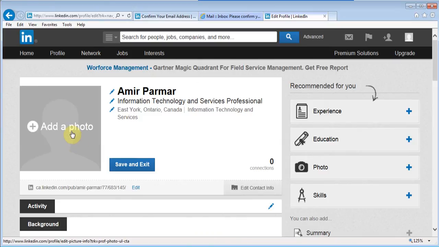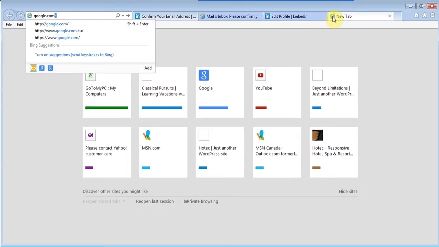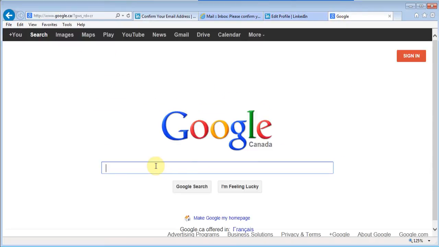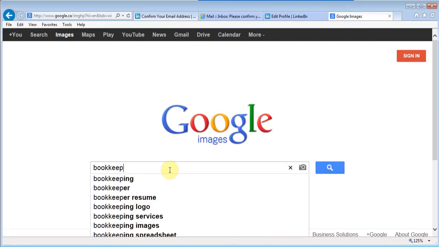Now you can add your picture. Now one of the ideas in LinkedIn is you want to have a picture. For whatever reason, if you're not okay with it, it's better to put an image. So what you can do is, I'm just going to open a new tab. You can go to Google and then just do a search for images, and then say I was looking for bookkeeping clip art,